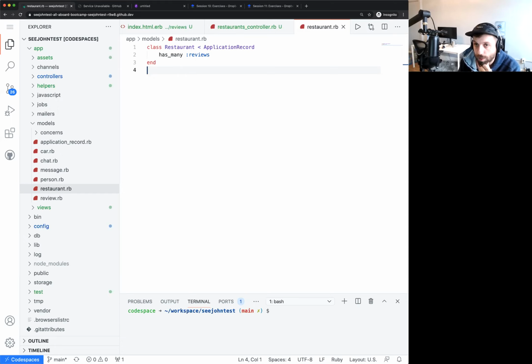Andrew says, is there a simple rule of how and when to use the colon character before or after the symbol? If the symbol is standing alone by itself, then you want to use it before. And if the symbol is a key, then you use it after. So remember,